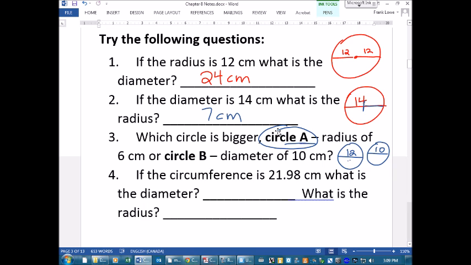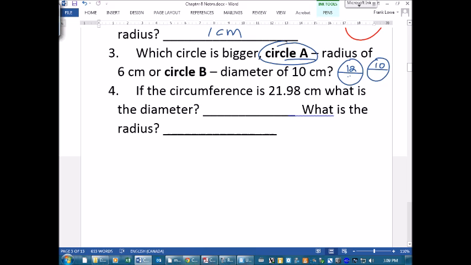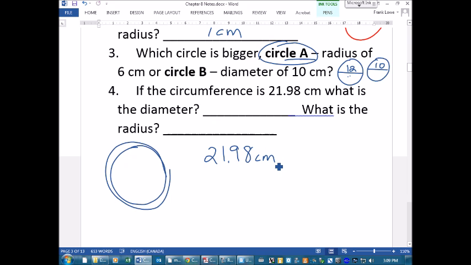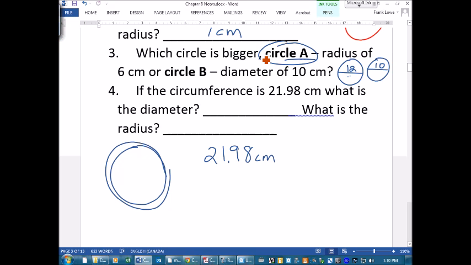Okay. All right, now a tricky one. And I actually don't expect you to get this, but let's see how you do. If the circumference, that means this distance all the way around here, that distance is 21.98 centimeters. What is the diameter? Okay, what is the diameter? Okay, remember that diameter could go around the circumference 1, 2, 3, and a little bit times, right? So if we want to know the diameter, we're going to take this number and we're going to divide it by